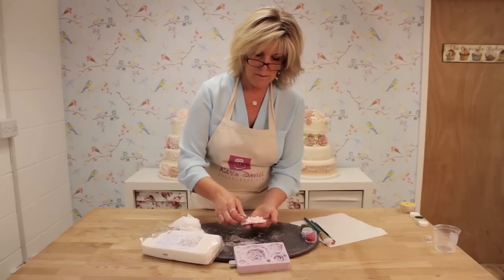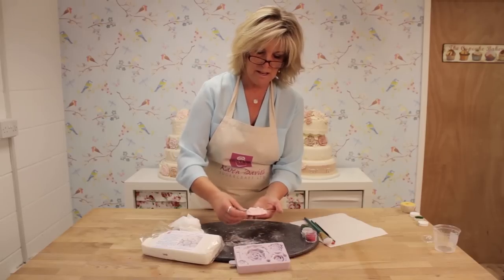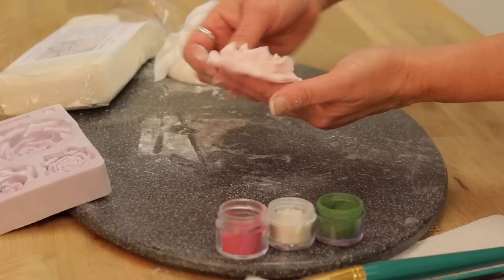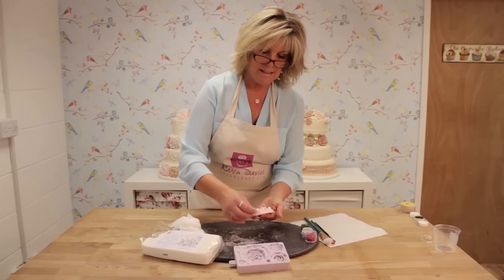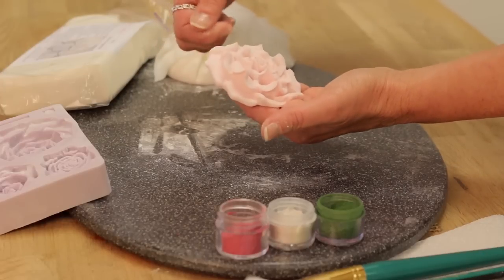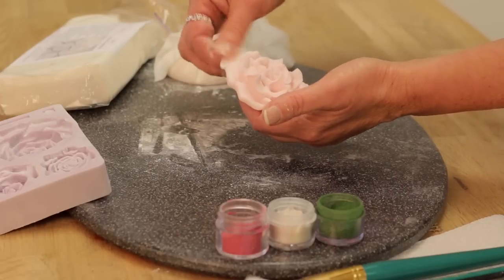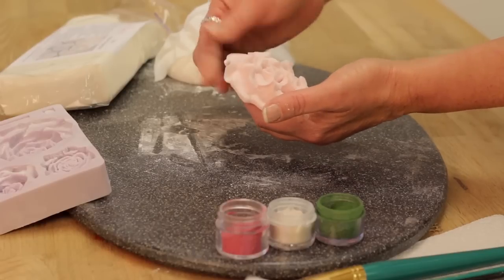I am going to pick it up now and put it in my hand. I didn't want to too early because it would get warm and sticky. It's exactly the same for each layer, it's just the outside layer of petals is slightly different. Where they overlap, if you pinch that petal and then pinch the edge, again you get a much better frilly